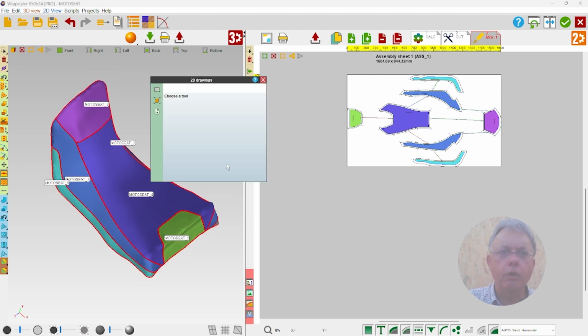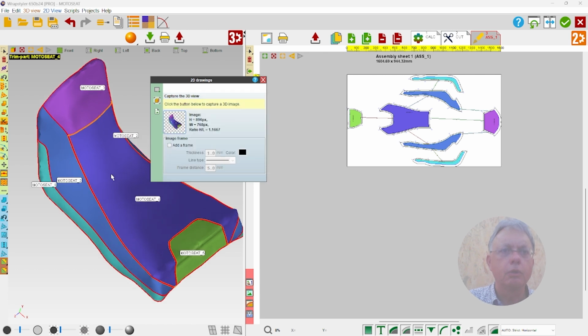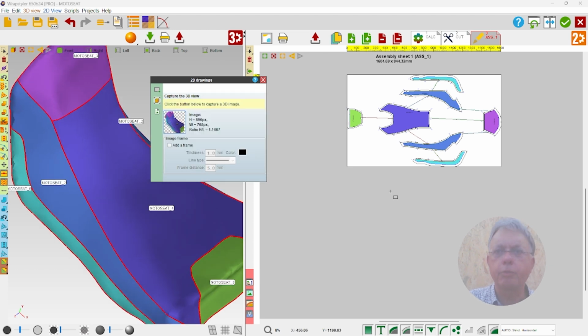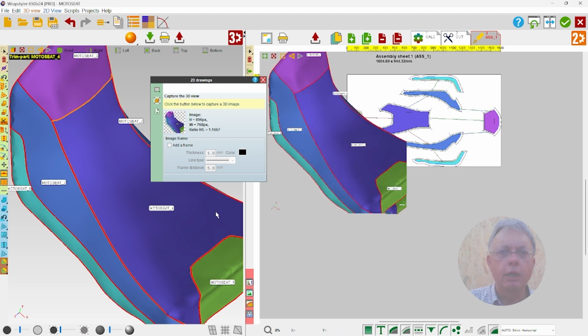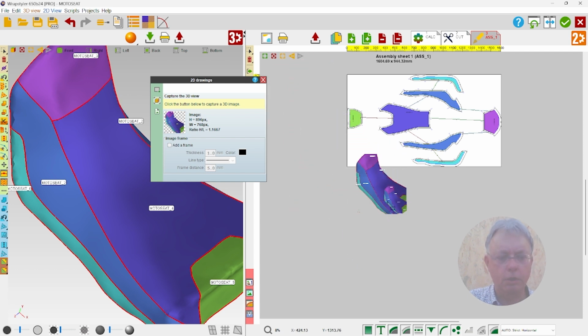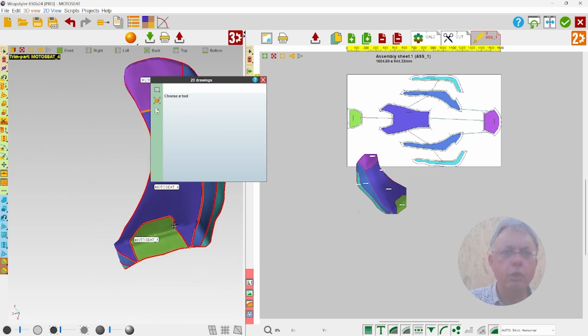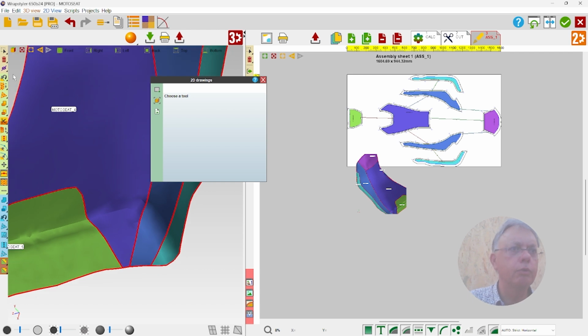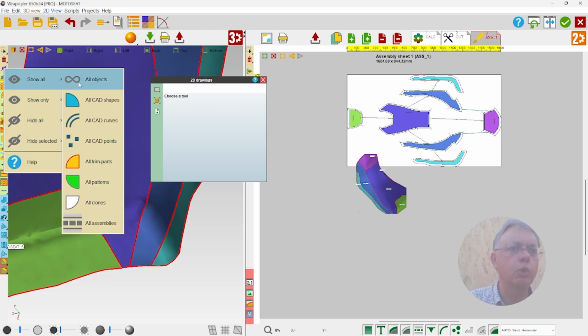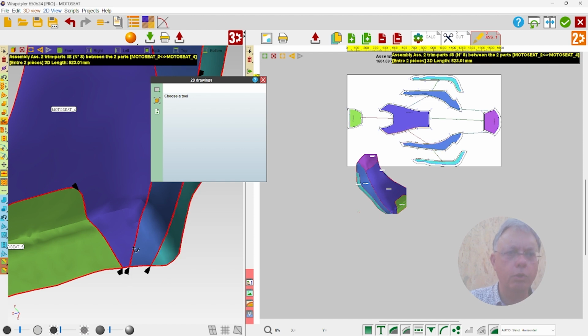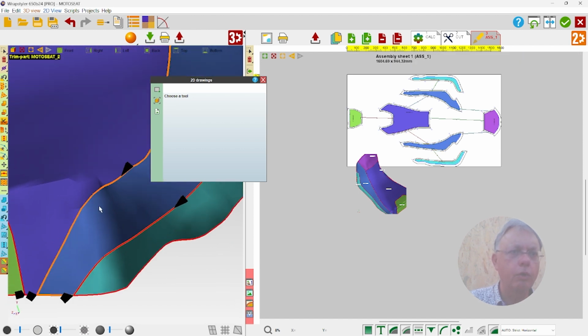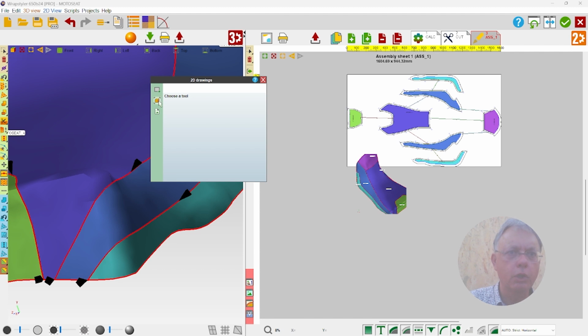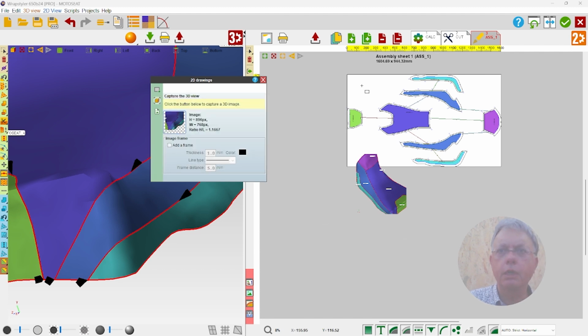And add a nice 3D image of, I just capture the image and oops, we can add maybe a special 3D view. Let's show also all the assembly to see, you can see here all the notches. Let's capture this and I can add this.